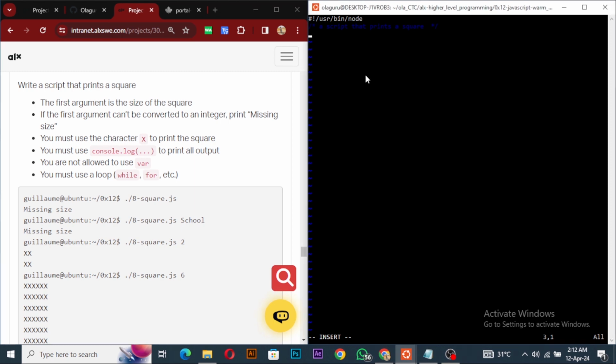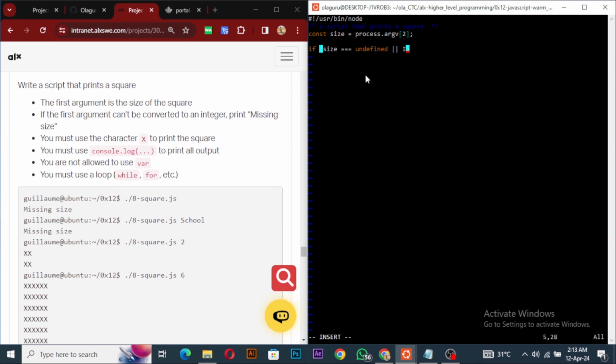So since we need the first argument alone, we can just say const size equals process.argv at index 2, which will be the size, and then we say if the size is undefined,